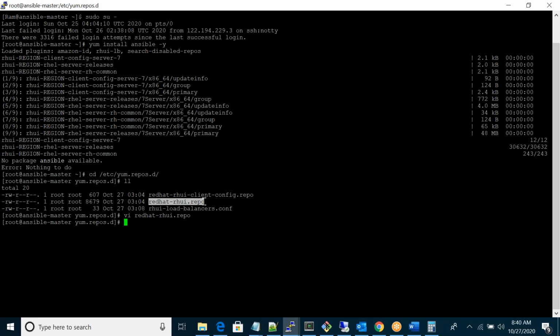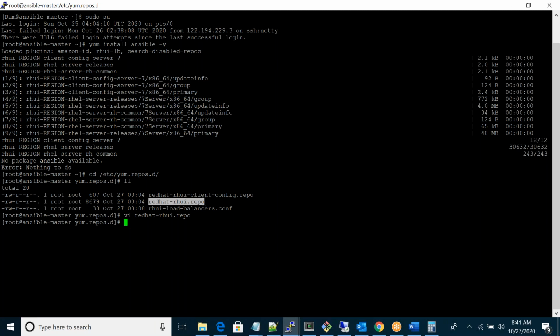I'm using an Amazon Red Hat Linux server, so whatever is highlighted, the redhat.rhui repo, is the default repository, the kind of library. If you want to download something, by default the download goes to this repository. It will check whether the package is available in that repository. If it is available, then only it will install. If it is not available, then it will not install.